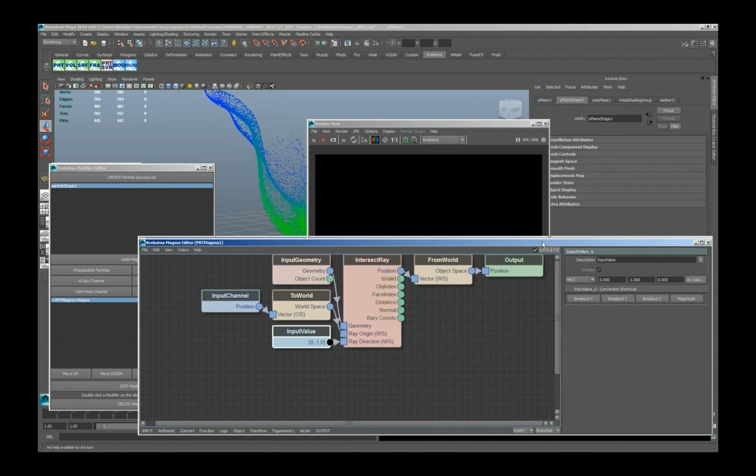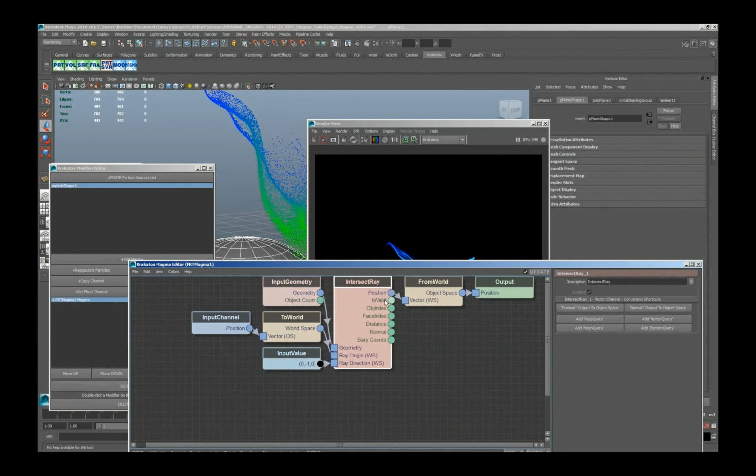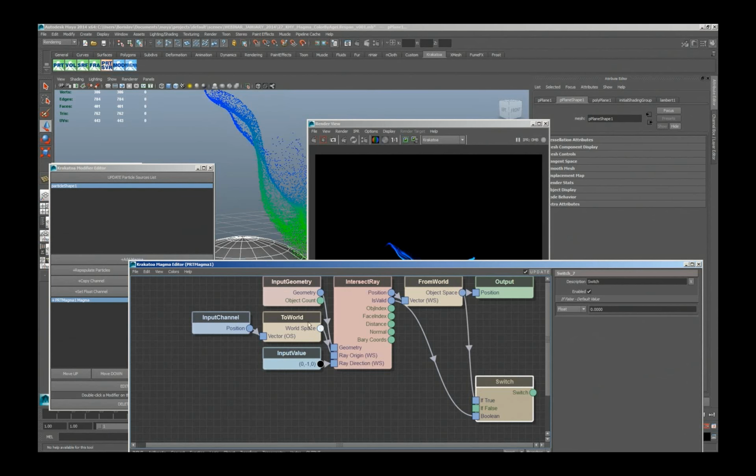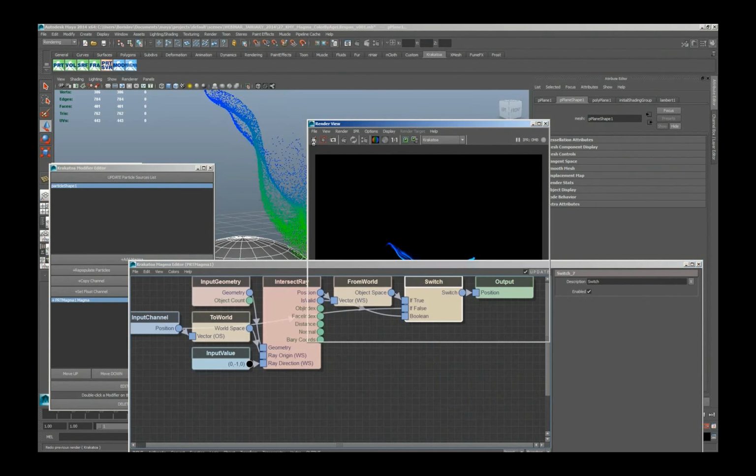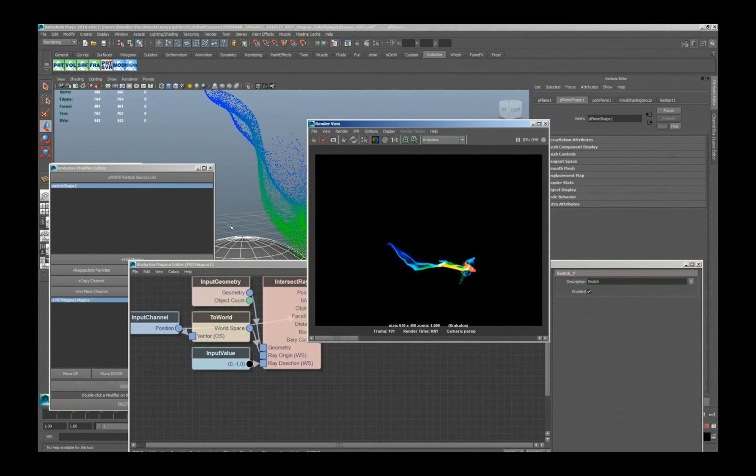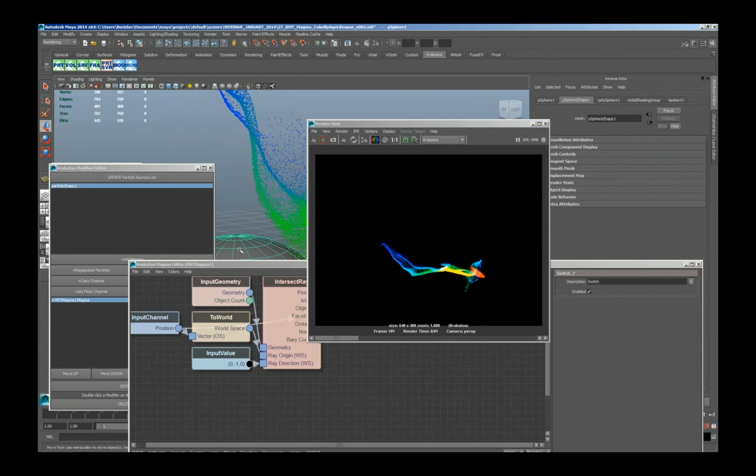And that's something that's happening because if that intersection is invalid, the result of position is 0 instead of invalid, and the particles get sent there. I can do the isValid switch here and say, yeah, create a logical switch. That sounds good. And if it was valid, then take that position. If it wasn't valid, take the original position of the particle and keep it where it was. Get it out, render now, and then the particles in the beginning are okay, and when they go to the intersection, they're going to follow the plane, or I can go with this up and render, and particles are going